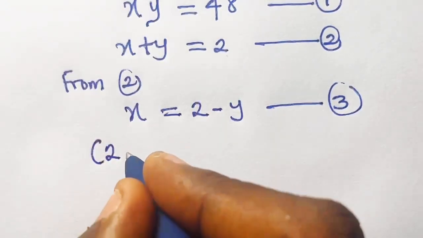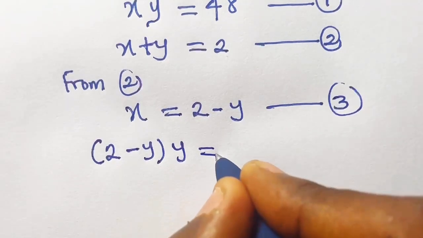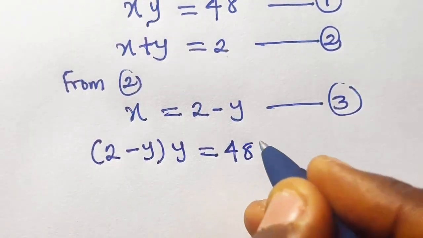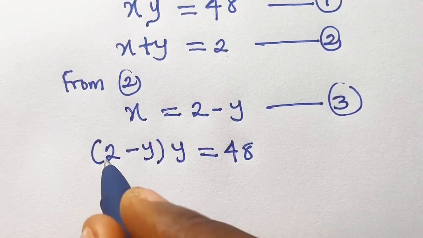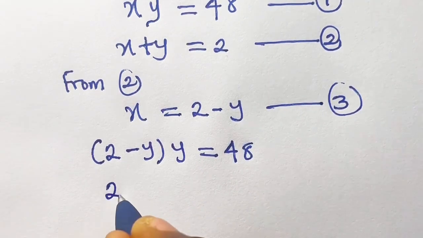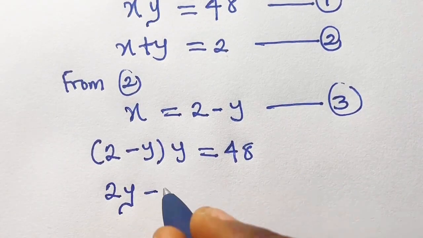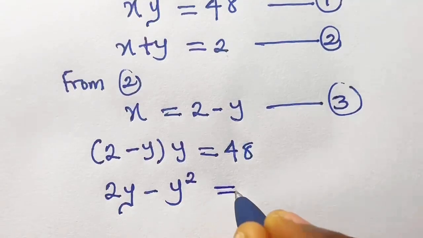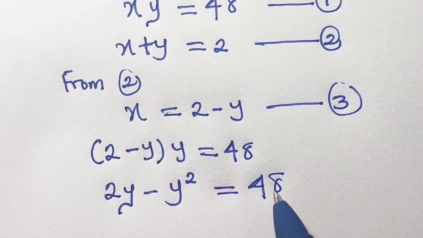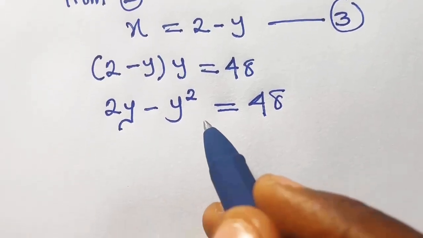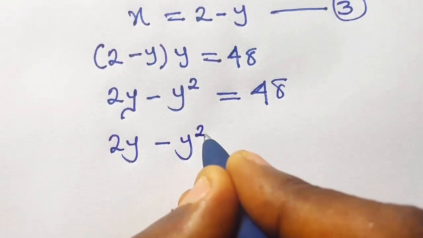So this is x, right? 2 minus y times y equals 48. Then we use this y to multiply out these brackets. We have 2 times y, we have 2y, minus y times y, we have y square, equals 48. Then we can transfer this 48 to this side so that we have 2y minus y square